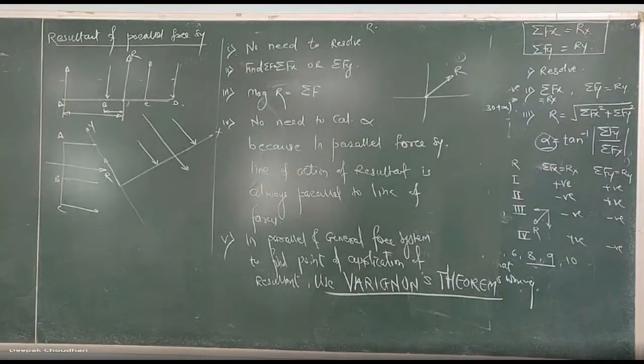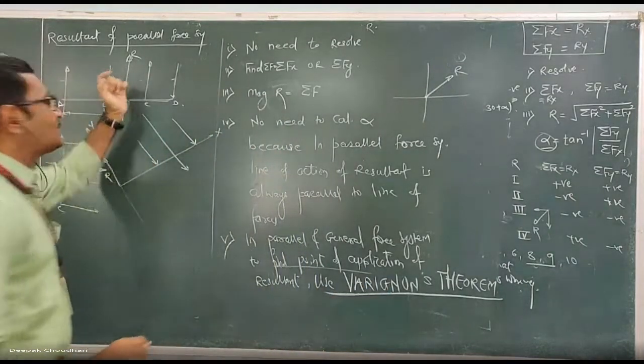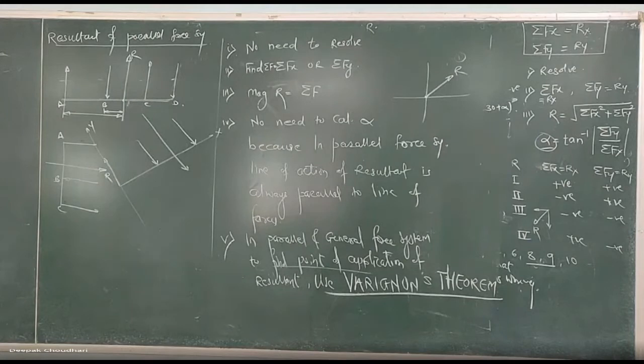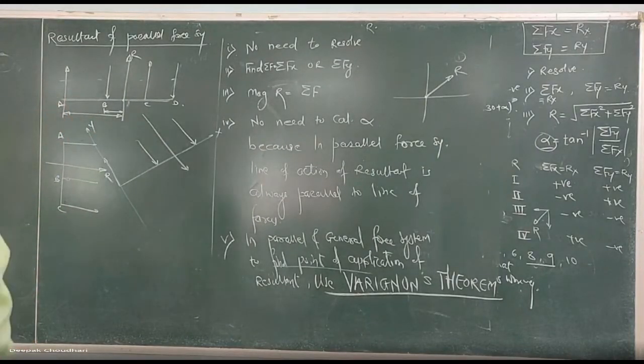Okay. Again, sometimes the proof of this Varignon's theorem is also asked in the exam. Here, if time permits, I will take that proof of the Varignon's theorem. But today I will tell you what Varignon's theorem is and how we can use it to find out the point of application or the distance of the resultant with respect to any point. We have to find out the point of application, which means we are going to calculate its distance only. Understood? या तो ओरल में पूछते हैं एग्जामिनर की Varignon's theorem क्या है, Varignon's theorem का यूज क्या है.